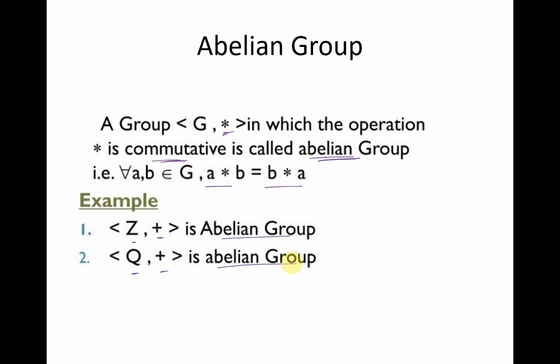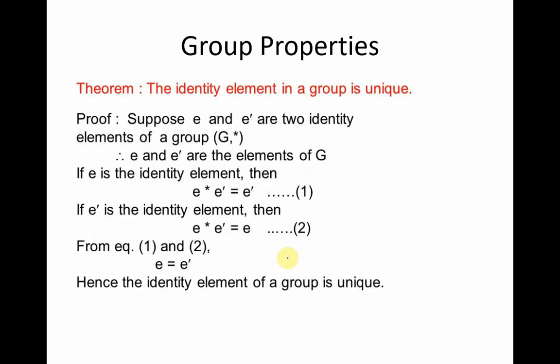So let's talk about certain theorems that have been defined for groups. The first theorem is that the identity element in a group is unique. Let's see how we can show that. Suppose we will do it with the help of the process of contradiction. Let us say E and E dash are two identity elements of the given group. We have to showcase that there is a single unique identity element. So we'll begin by using the contradiction of the same statement.